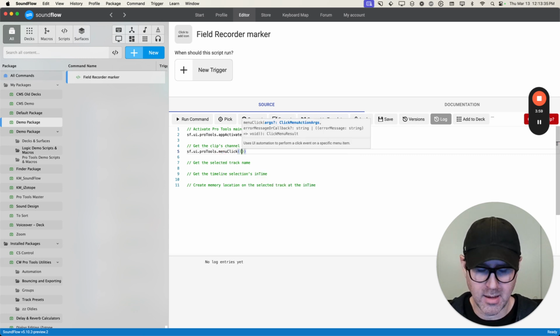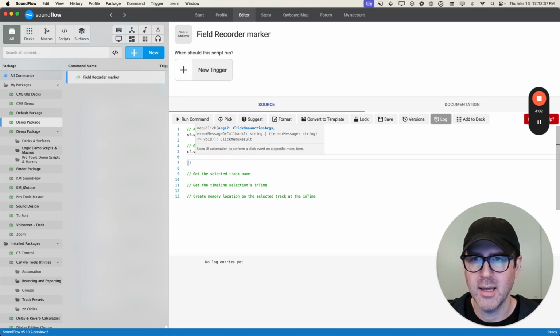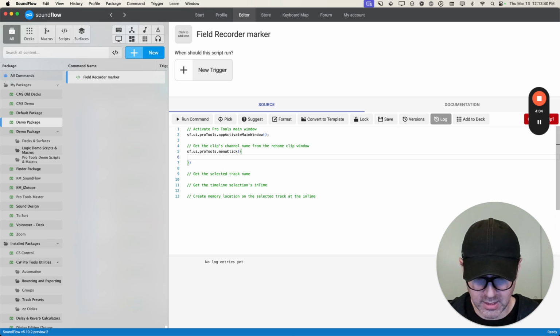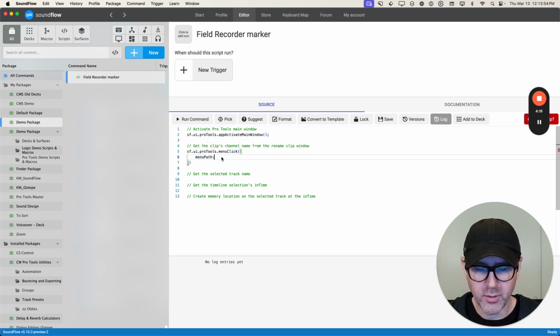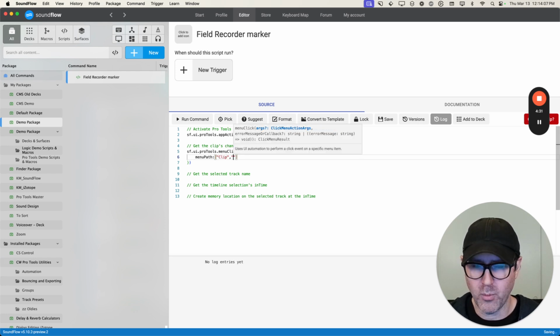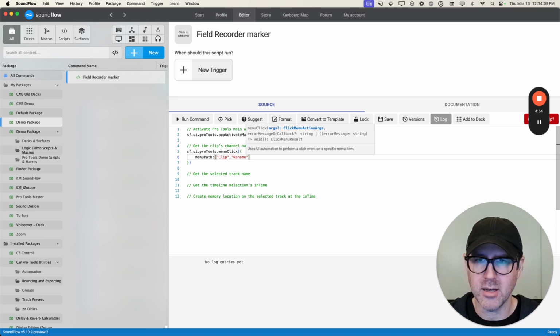That takes in some properties. And the property that we want to be using here is the menu path. And if I roll over menu path, as you can see, the type that it expects is a string array. So we've got string and then open and close square brackets. So we're going to need to put open and close square brackets, and inside that we need to provide the menu path. And as we saw, the menu path was capital CLIP, and then rename, RENAME, and then